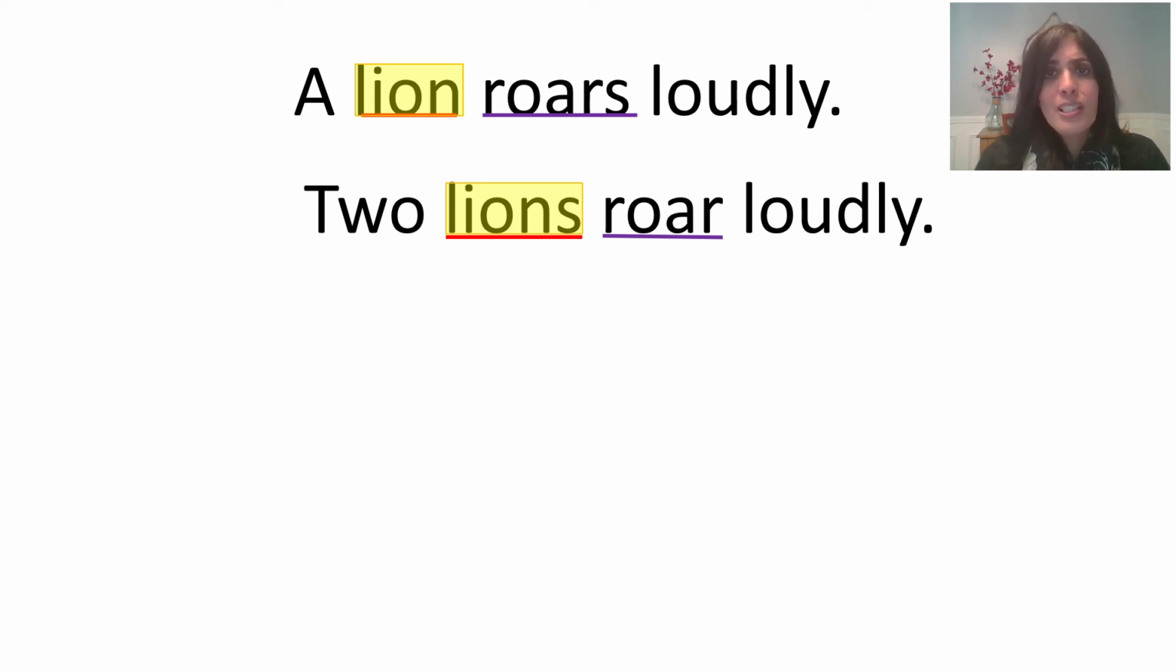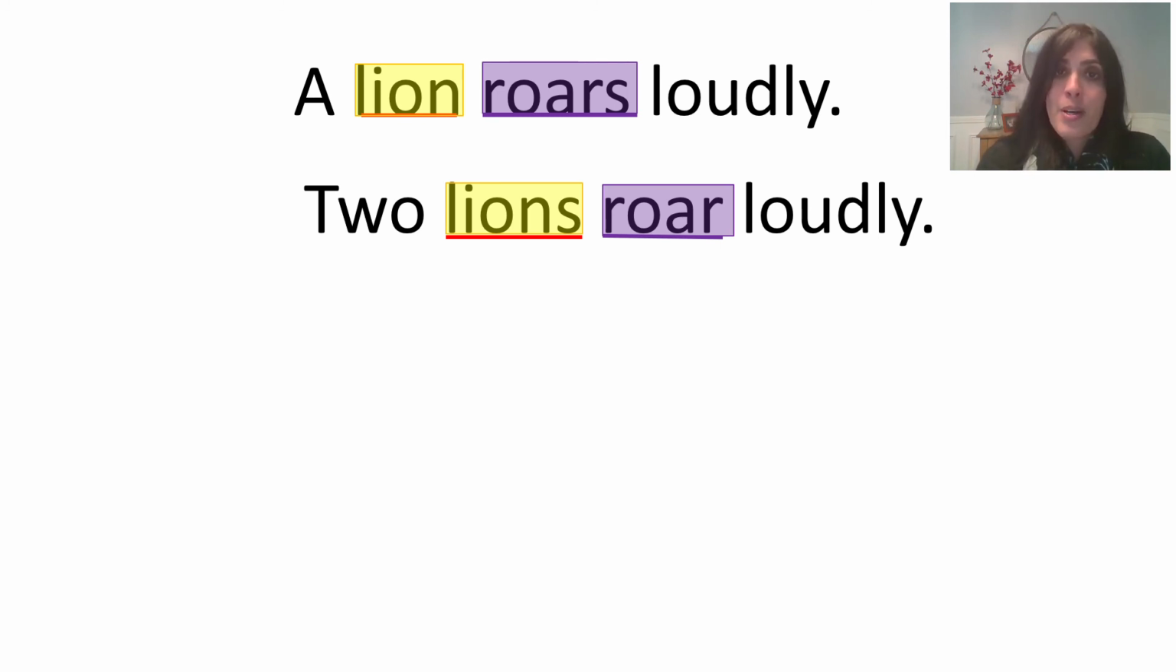Now I want you to look at these two verbs in the sentence. How is the verb in the second sentence different from the verb in the first sentence? Take a close look. Yes, the verb in the second sentence does not end with an S. It just says roar. This is because the verb must match or agree in number with the noun it tells